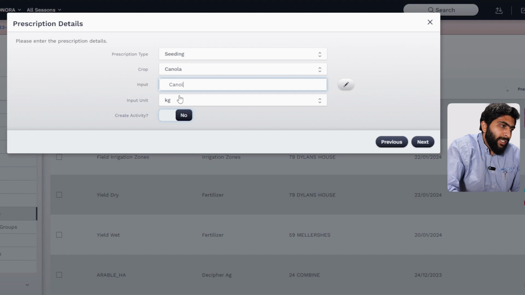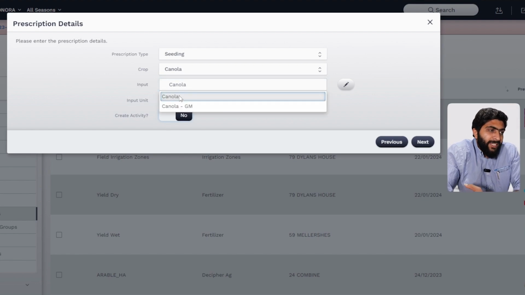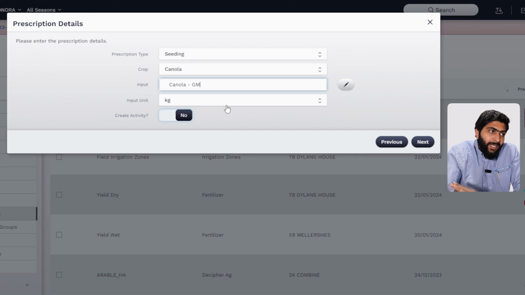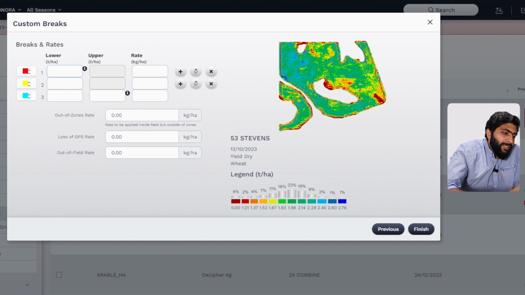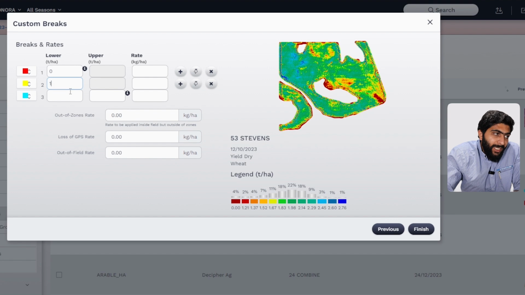Let's say canola, and here I have simple canola, and the new product that we create is a canola GM. The input unit is in a kilo. Create any activity, just leave it now, click on next, and here you define your management zone breaks, sorry, not groups. So I want to have, let's say, 0 to 1, whatever is the yield below 1 ton, it's